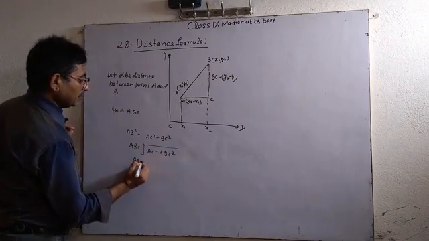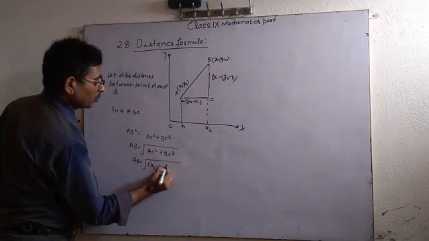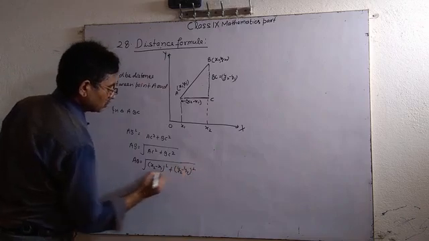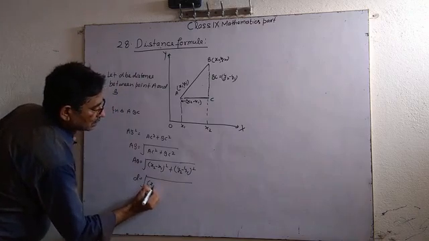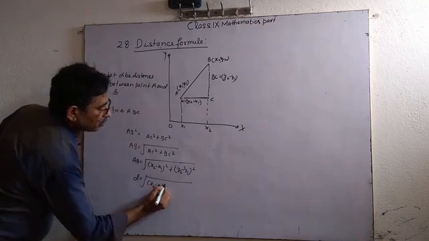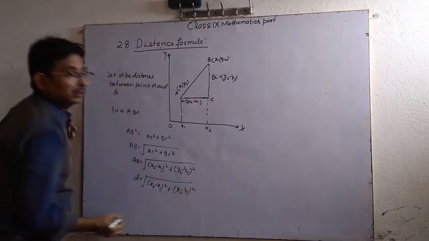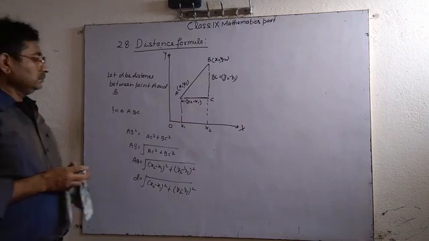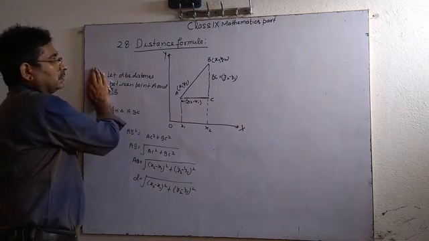From the figure, it is very clear that AC equals x2 minus x1 and BC equals y2 minus y1. You may write this distance d equals root of x2 minus x1 whole square plus y2 minus y1 whole square. Now we can apply this formula